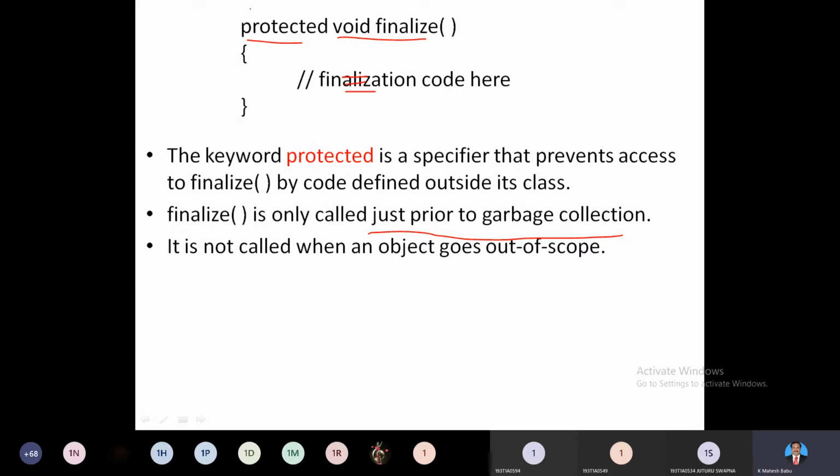So which is having a protected keyword. It is not a method, don't remember. It is the finalize method, which has some return value, and I define, or usually we should define, inside with the access modifier as protected. Protected in the sense which is visible to its hierarchy only, which is not available to the outside world. It is not public, it is not private. It is protected, which means this method will be visible within its hierarchy only.